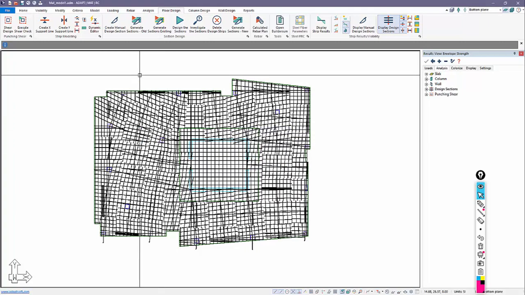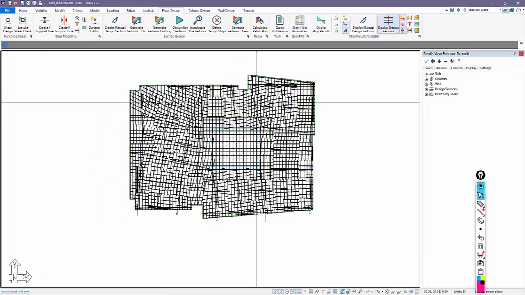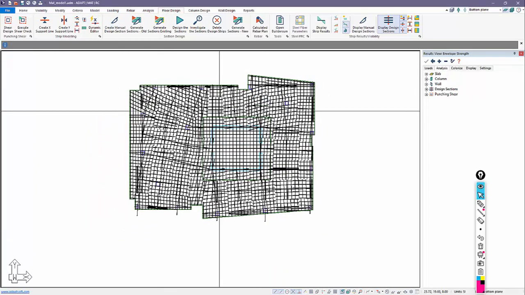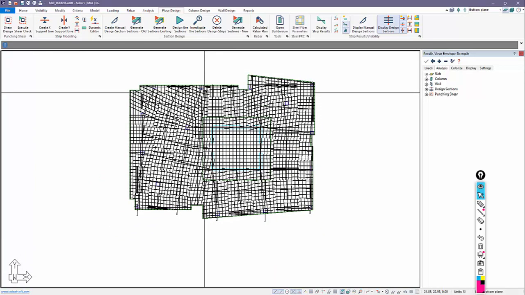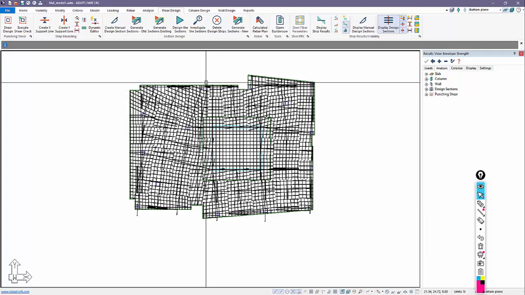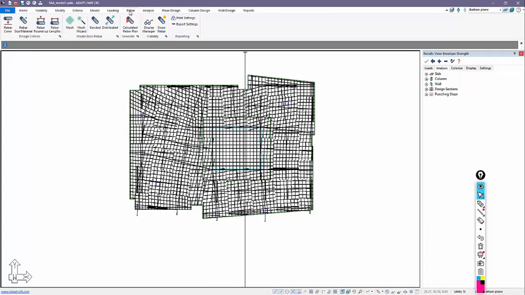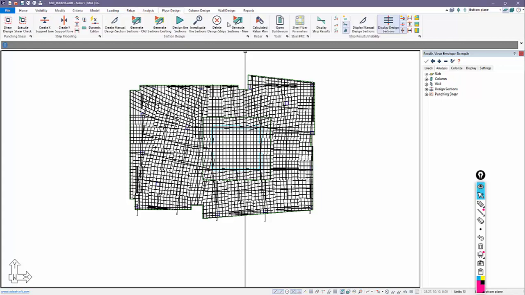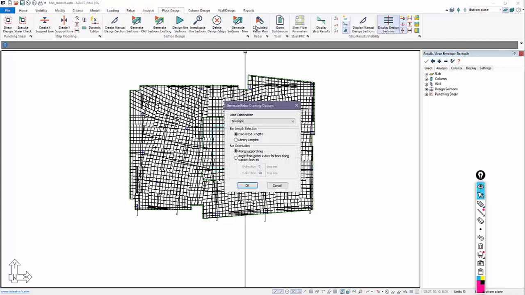Ultimately, we want to see what the reinforcement is in the strips, and this is what we call calculated rebar. It is in addition to the base rebar that was entered by the user. Base rebar is also known as user-defined rebar. So if I go to the rebar tab, or I could also go to floor design, and I calculate the rebar, this allows me to produce a graphical drawing of the program calculated reinforcement for the mat.